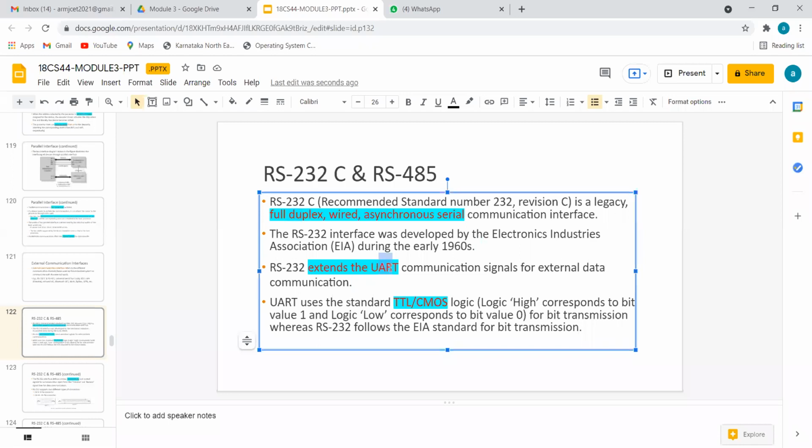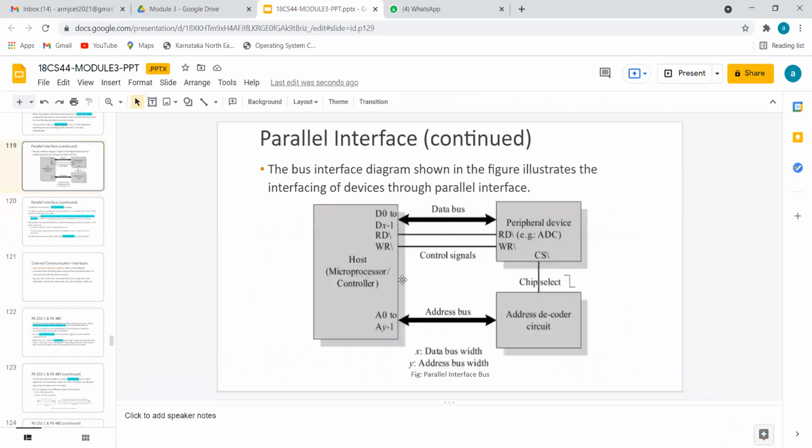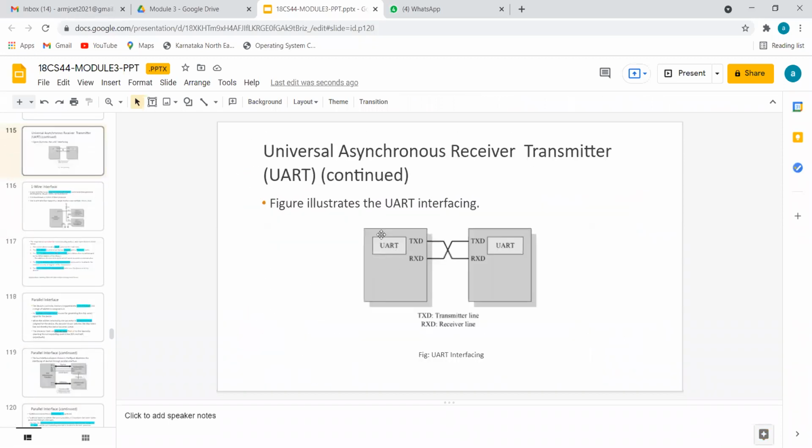It uses a UART. Let's recall the diagram of UART. If you take this as a CPU and this as a monitor, the CPU always sends the data to the monitor. If you take two RS-232 connected devices, one will send, another will receive. After some time, the second one will send, the first one will receive. But basically it is made up of this type of architecture. That means one side sender, another side receiver. Please concentrate, both should be of the same architecture.